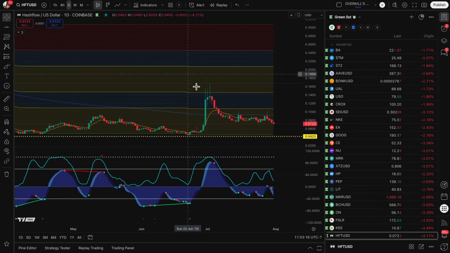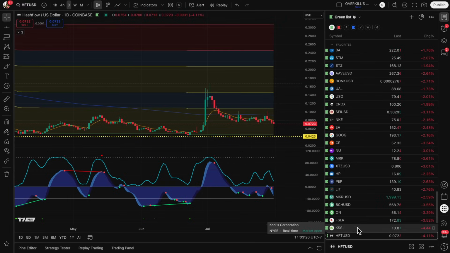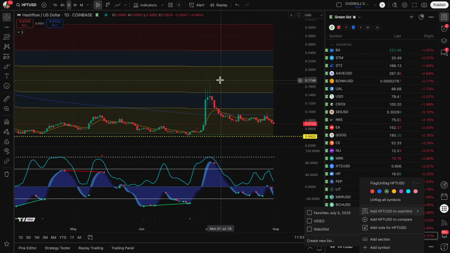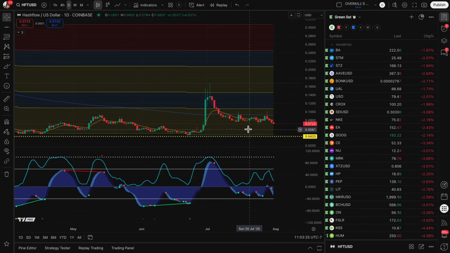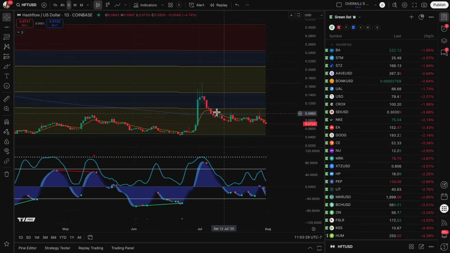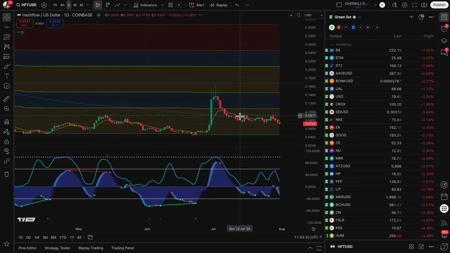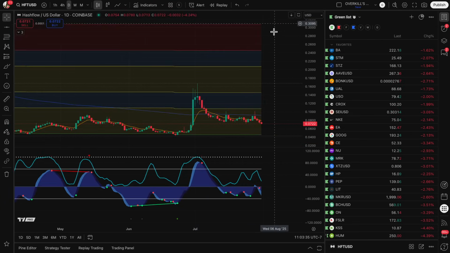Look for the daily. I don't know what this company does, though. I don't even know why it's on my watch list because I don't know anything about it. I think one of you guys might have requested that one, but I'm going to take that one off because I like to know what I buy, and I don't know anything about hash flow yet. I have to do some research, but it does have a monthly here on the monthly chart. So if you know something about it, if you believe in it, target on that would be anywhere from 26